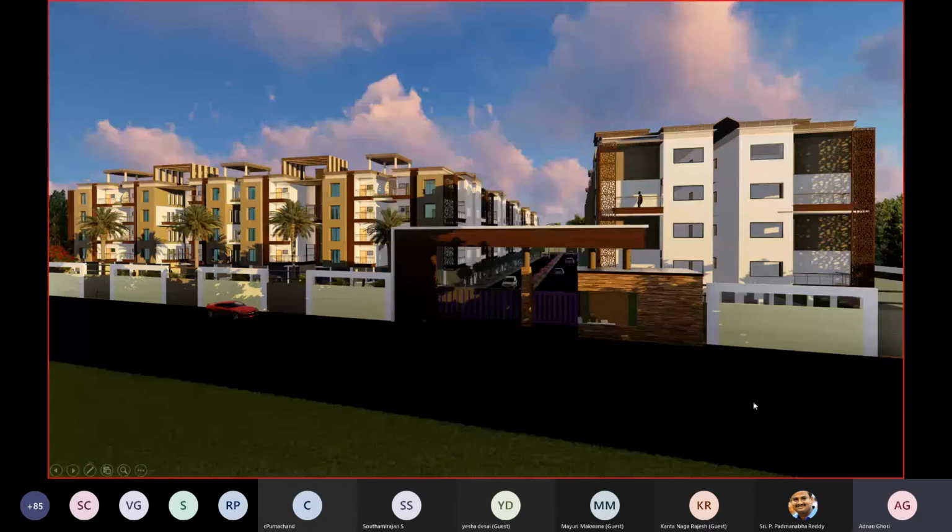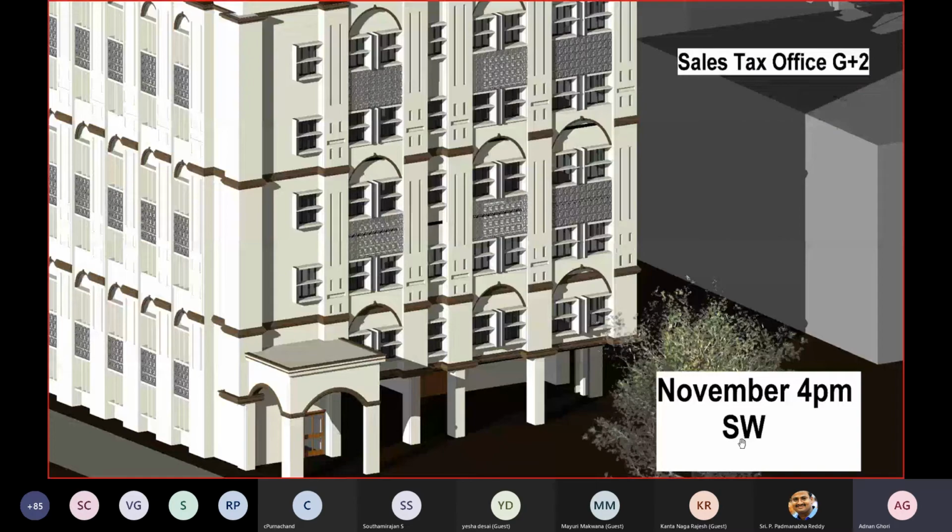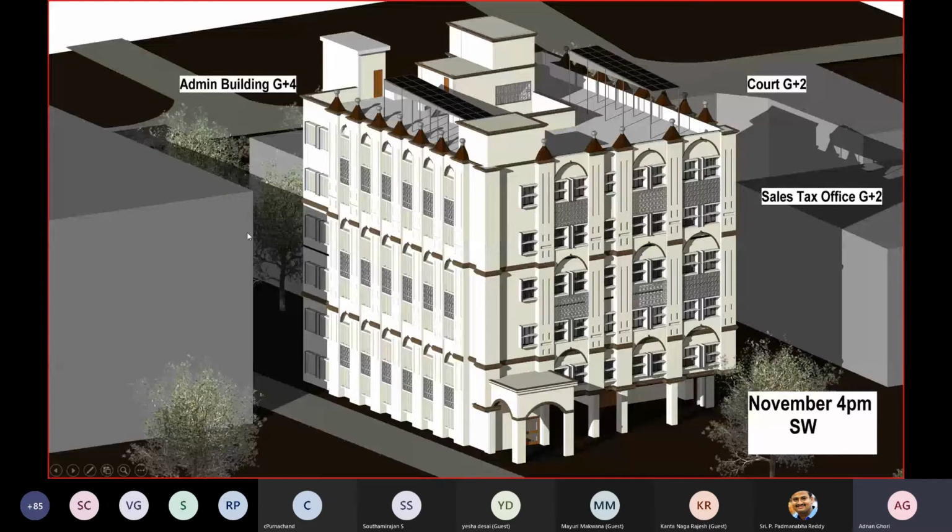As you can see in the bottom right, you have November 4 p.m. southwest direction. So currently we are looking from the southwest direction. We also do the shadow analysis of the existing building. Left, right, and behind it there are some existing structures. So we also did the shadow analysis. If those buildings are already there, what is the amount of light which is going inside the building? That is what we call shadow analysis, and we did the entire sun path analysis for this building, extracting a solar roof as well.